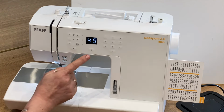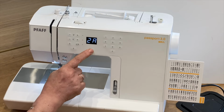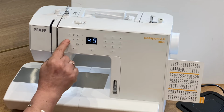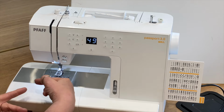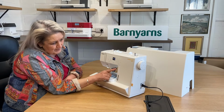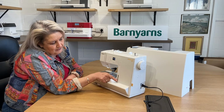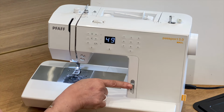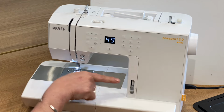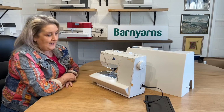Now if you want to know which foot to use with it, then you just press the information button there, and it will tell you which of the feet that you need to operate, and then you can play around with your stitches here to alter the width or the length, as I say, up to 7mm wide. Then of course you have got your regulator with regards to your speed down at the front here. So that is if you're stitching without the pedal and you're wanting to regulate your speed using your start stop button, you just slide that up and down. So you can see it's a fabulously compact little machine,